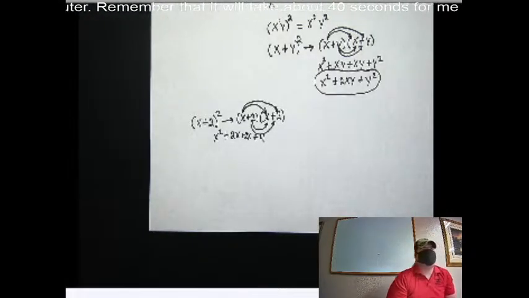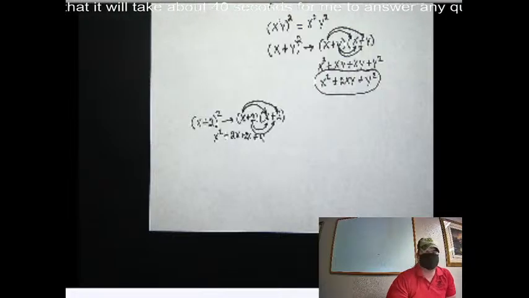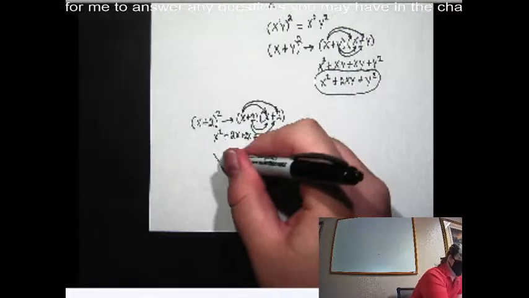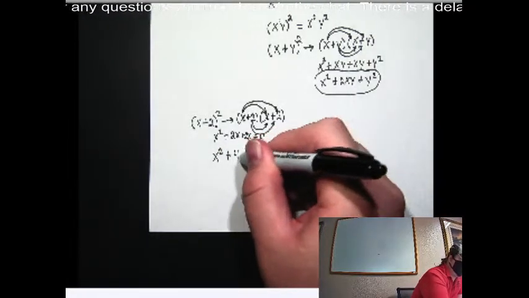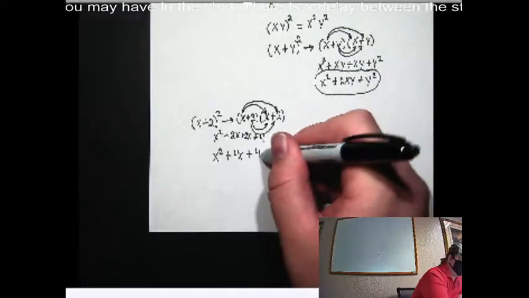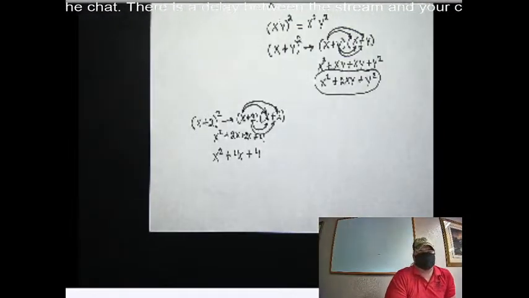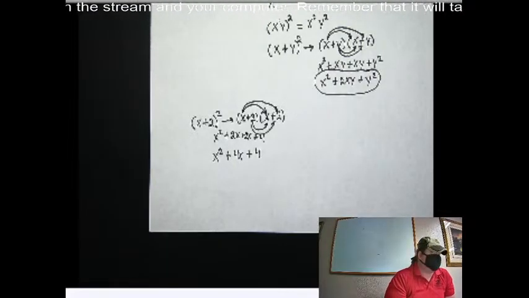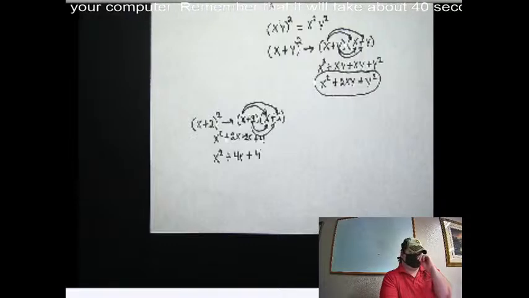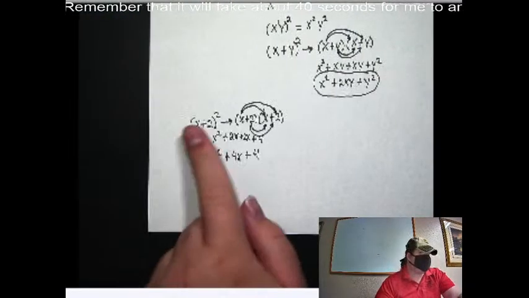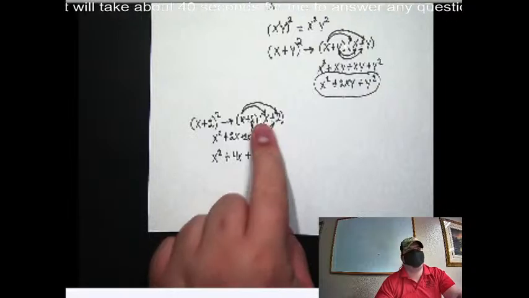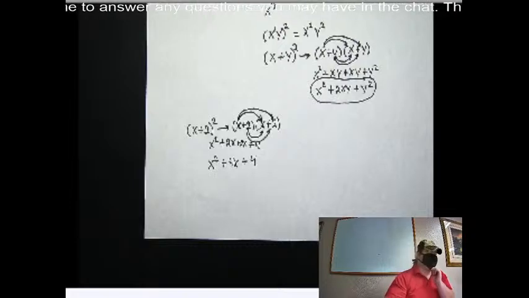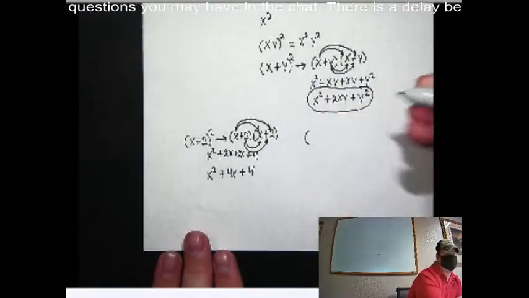So now we need to combine any like terms we may have. Do we have like terms? 2x and 2x. So if we combine them, how many do we have? 4x. So altogether, this is x squared plus 4x plus 4. And this is what you should usually expect to see when you multiply these things together. You should multiply a binomial times a binomial and get a trinomial. Okay? So again, for sake of practice,